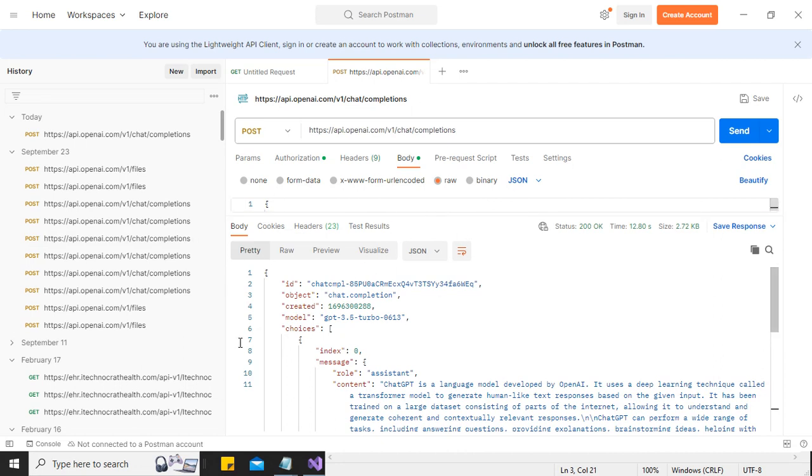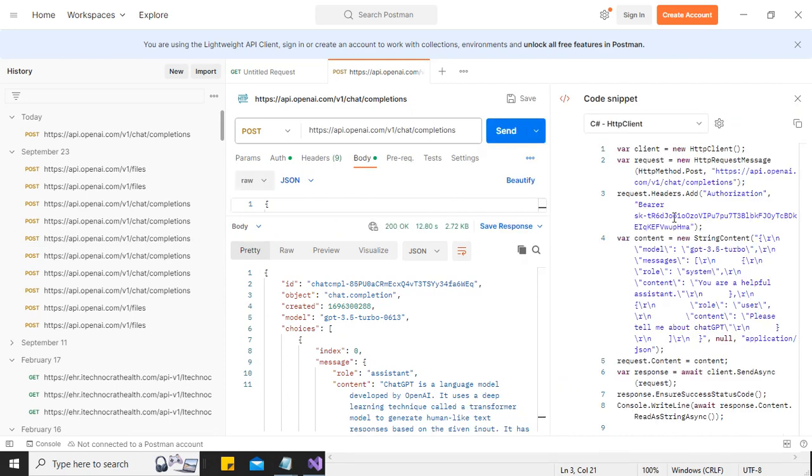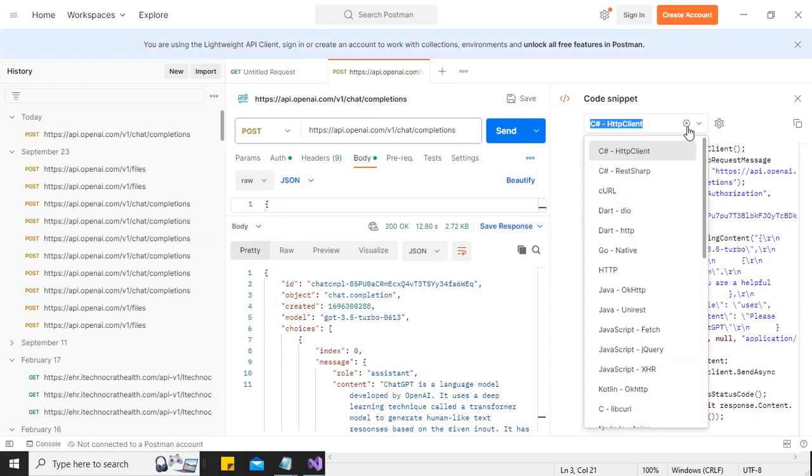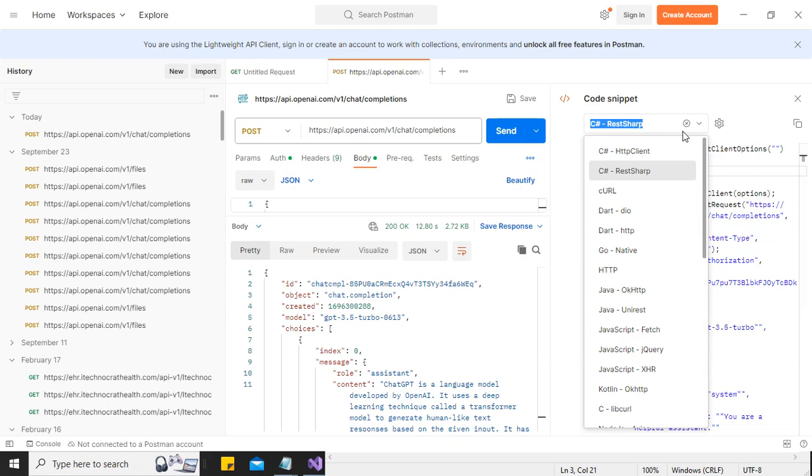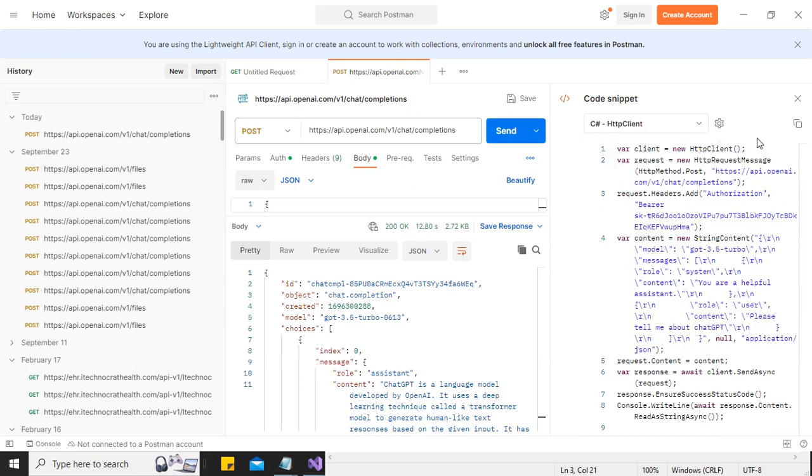Now we are going to implement this API in ASP.NET. So just see the sample code here. You can see all the code that is written in HTTP client. There are different options. In this option you can see code is written in REST client, and similarly there is the code written in HTTP client. We just need to copy this code,